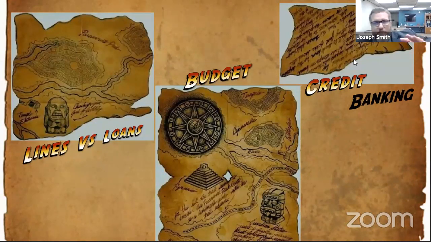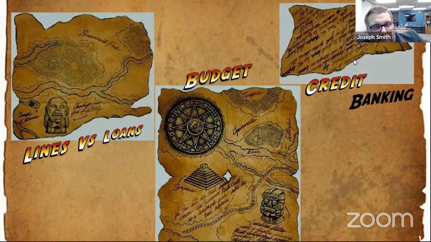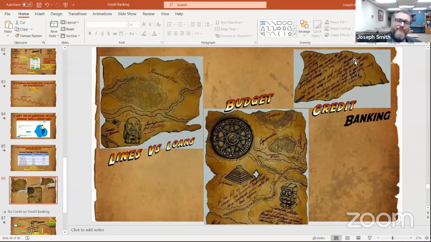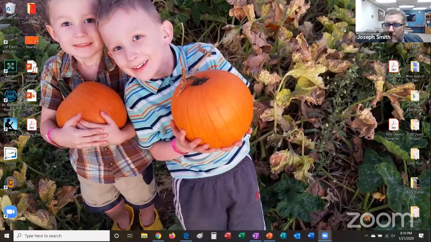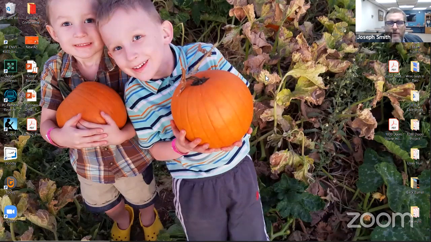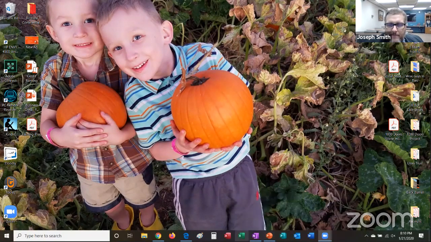So we've covered in the last 3 weeks budget, lines of credit, and credit banking. Been some amazing stuff, and we've got so much more to go through. I don't know if we have time, but I thought about blowing your minds away with banking and business credit, but what I want to do is jump into an example.